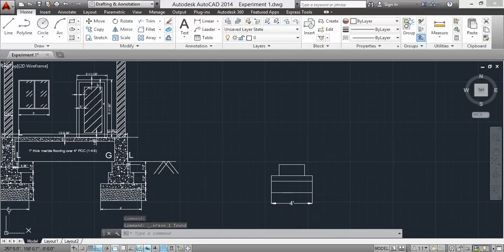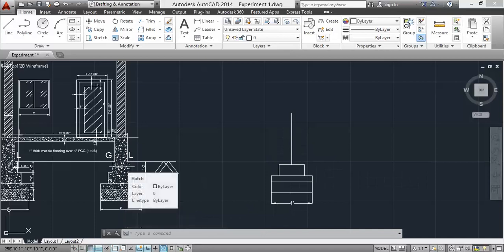Next, to draw the next step, take a dummy line at the midpoint, L enter, midpoint, take a dummy line. Now here the width is 1 feet 9 inch.